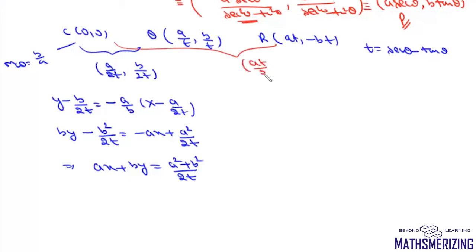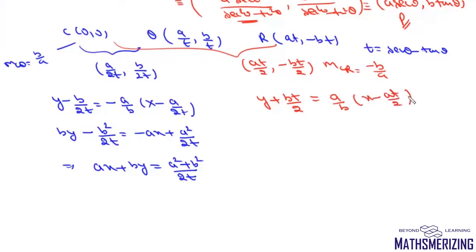Midpoint of CR will be at/2 minus bt/2. Now what is the slope of CR? Slope of CR will be minus b upon a. So the equation of the perpendicular bisector will be y plus bt by 2 equals a upon b into x minus at by 2. So now we'll get this result as ax minus by equals a square plus b square